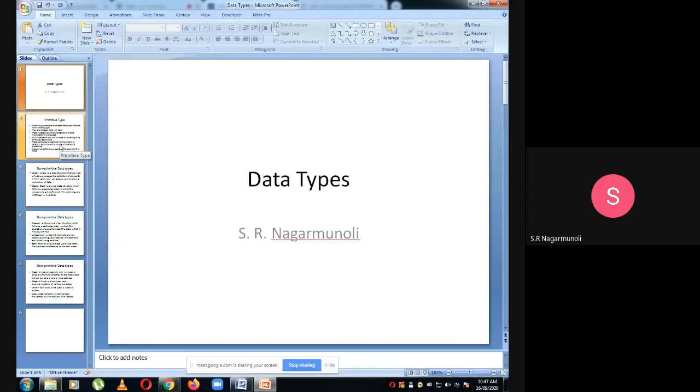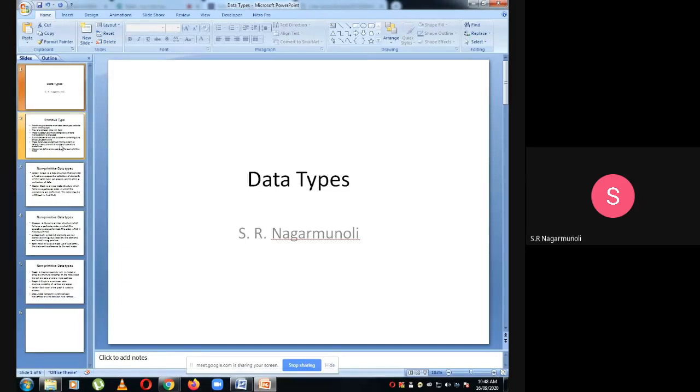So what is data structures, first of all? Data structure is the way of organizing the data in the memory, retrieving the data from the memory, and processing the data in the memory. That is, it's storing, retrieving, and processing the data in the memory. We have a lot of data, and that data has to be stored in the memory. And just storing is not sufficient. We want to retrieve, meaning we want to take the data whenever we want, and we want to process it the way we want it. So performing all these is called data structures.